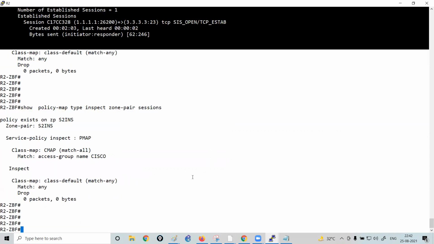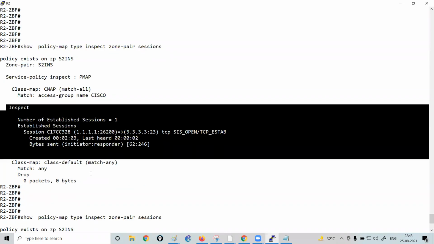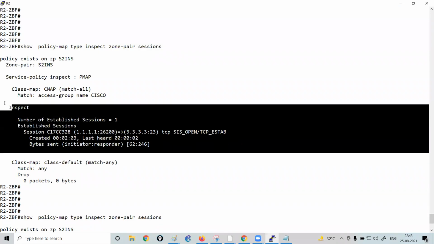It was a drawback of the reflexive ACL that once the packet has been forwarded, a reflexive ACL remains active for the next 300 seconds. But in the zone-based firewall, once the user has terminated the connection, the session is closed immediately. Is it clear to everybody?